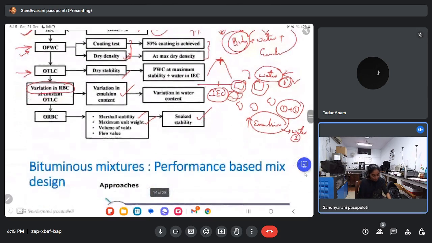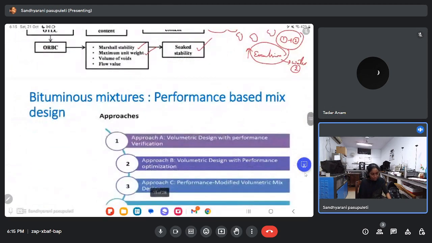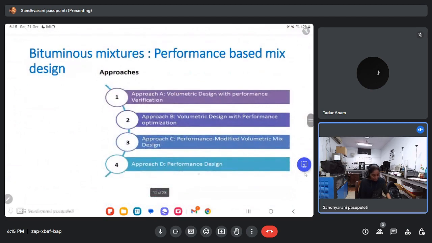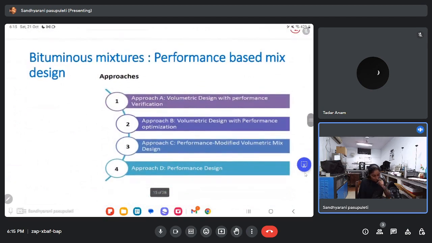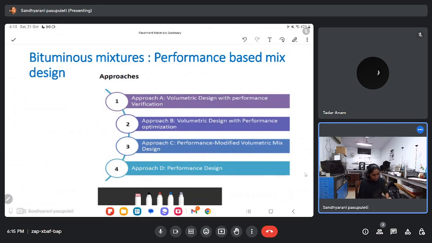The values are maximum. Those values we finalize as the mix design values. So in addition to the cold mix, we discussed the performance-based mix design. Till now, the mix designs that we have performed are based upon volumetrics. Those volumetric parameters 100% will not replicate the performance, that is, the rutting and fatigue of the asphalt